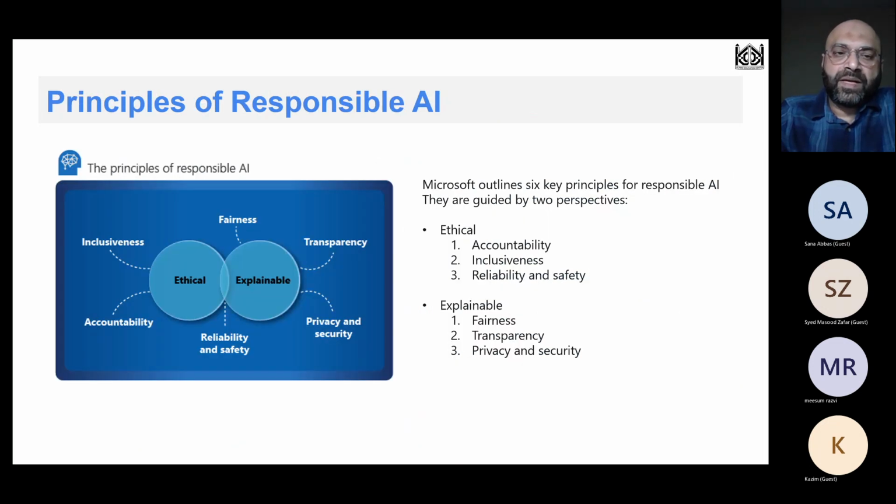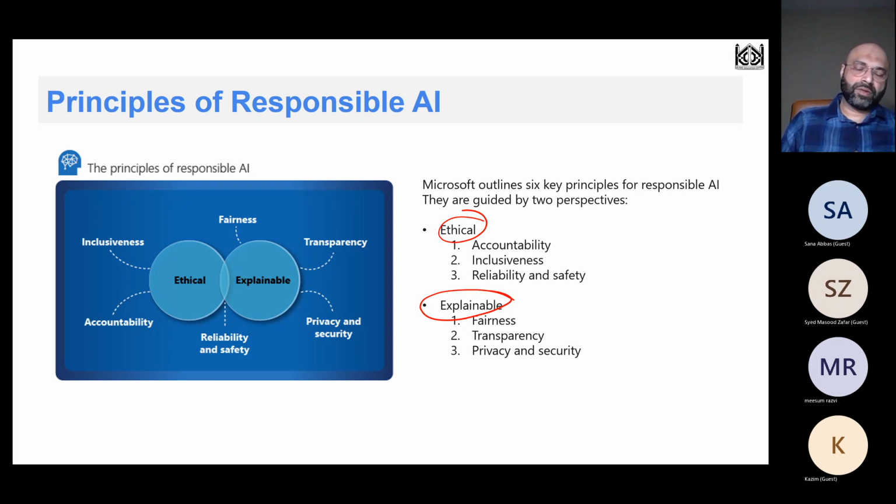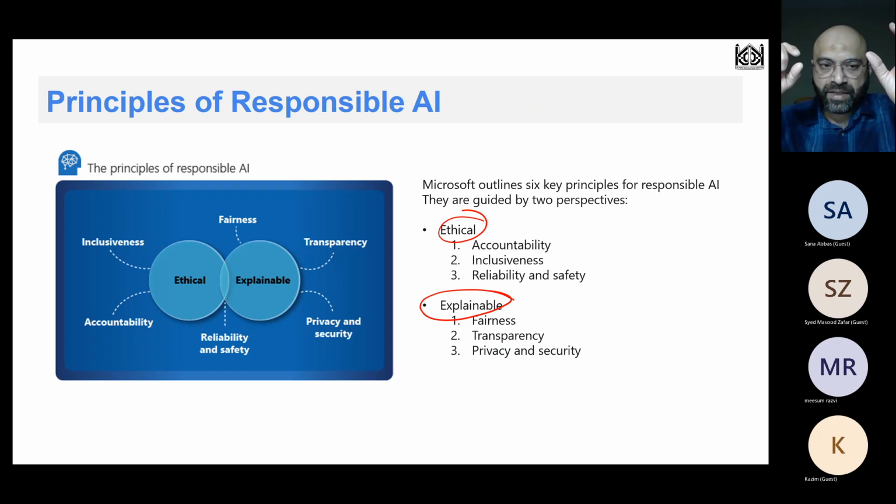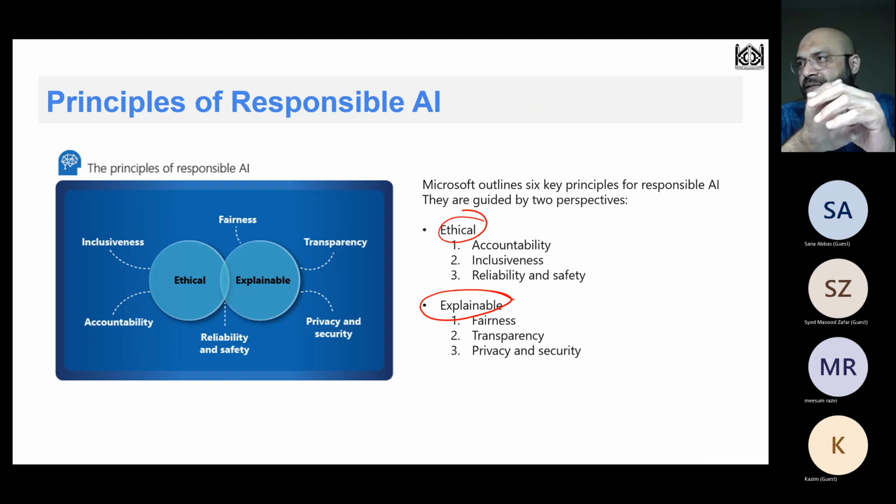Okay, principles of responsible AI. As we discussed about ethical and explainable, Microsoft came up with 6 principles of responsible AI, and they are pretty much accepted across the board in the industry. But there are 2 major demarcation lines. One is the ethical side of the principle, the other one is the explainable side of it. On the ethical side, you see accountability, inclusiveness, reliability, and safety. So we just ensure that the algorithm that we are putting together, or the AI system that we are putting in,